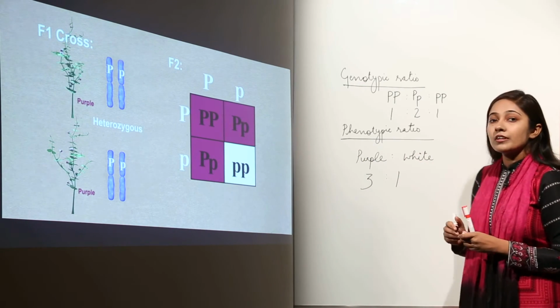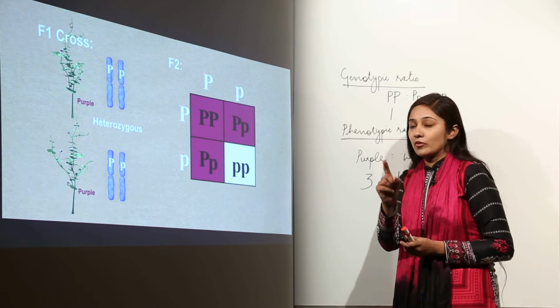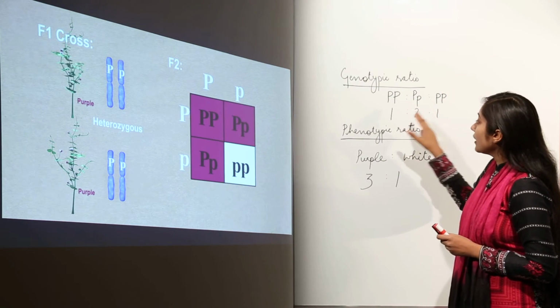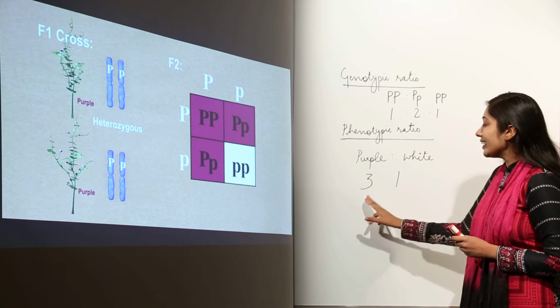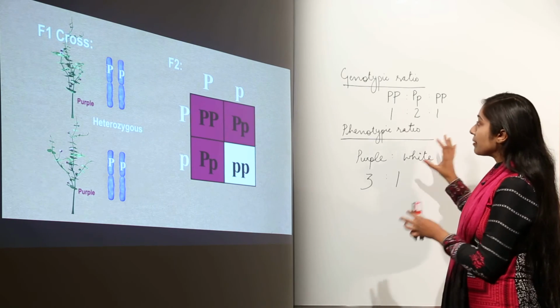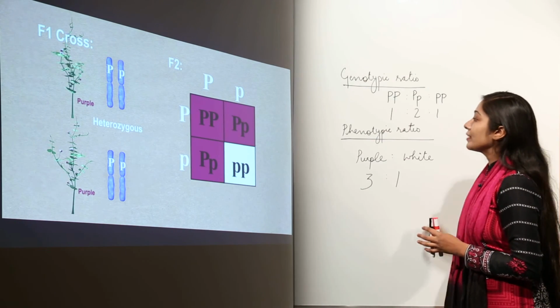To remember, for the monohybrid cross, when we are going to consider 1 characteristic trait, the genotypic ratio for the second generation is 1:2:1 and the phenotypic ratio for the second generation is 3:1. This is to be remembered by all of you so that you have an idea of how the principles laid down